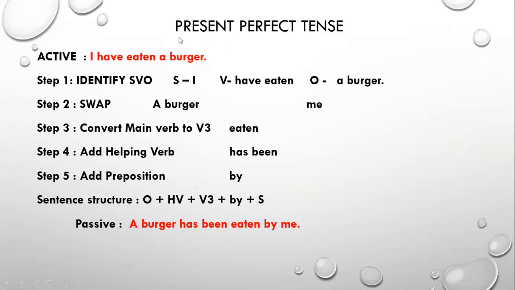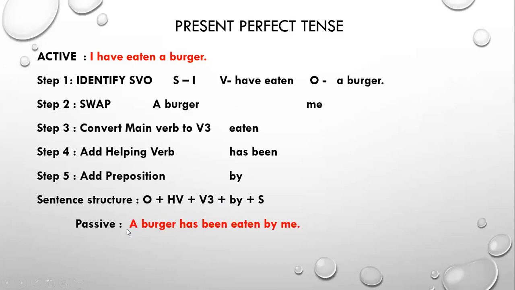So in the case of present perfect: I have eaten a burger. Now see, a burger will come in the beginning. हैज हैव है तो बर्गर के साथ बेटा हैज आएगा. You also commit this mistake. You see, if you see have in active voice, you just use have in passive voice also, but it will depend on the subject now, this object now, because it has become subject.